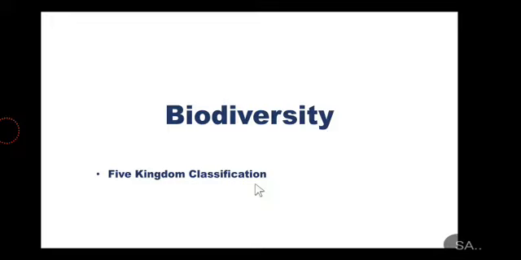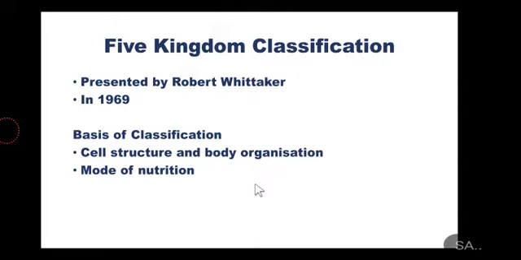Now let's start today's video. So this is 5 kingdom classification that was presented by Robert Whittaker, and he presented it in the year 1969. You know that every classification has got its basis, so Whittaker considered 2 bases to classify the organisms into 5